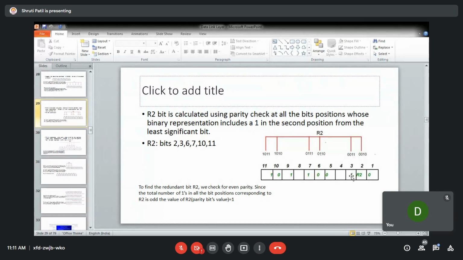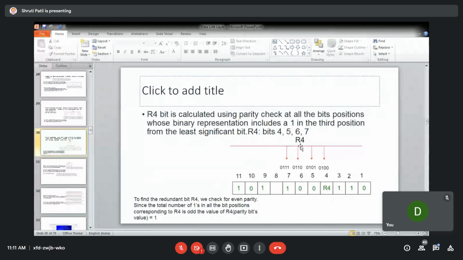So there are an odd number of ones. To make it even parity, R2 should be 1. Then for all these 6 positions, you will have four ones. So it will make even parity. So the value of the R2 bit will be 1.